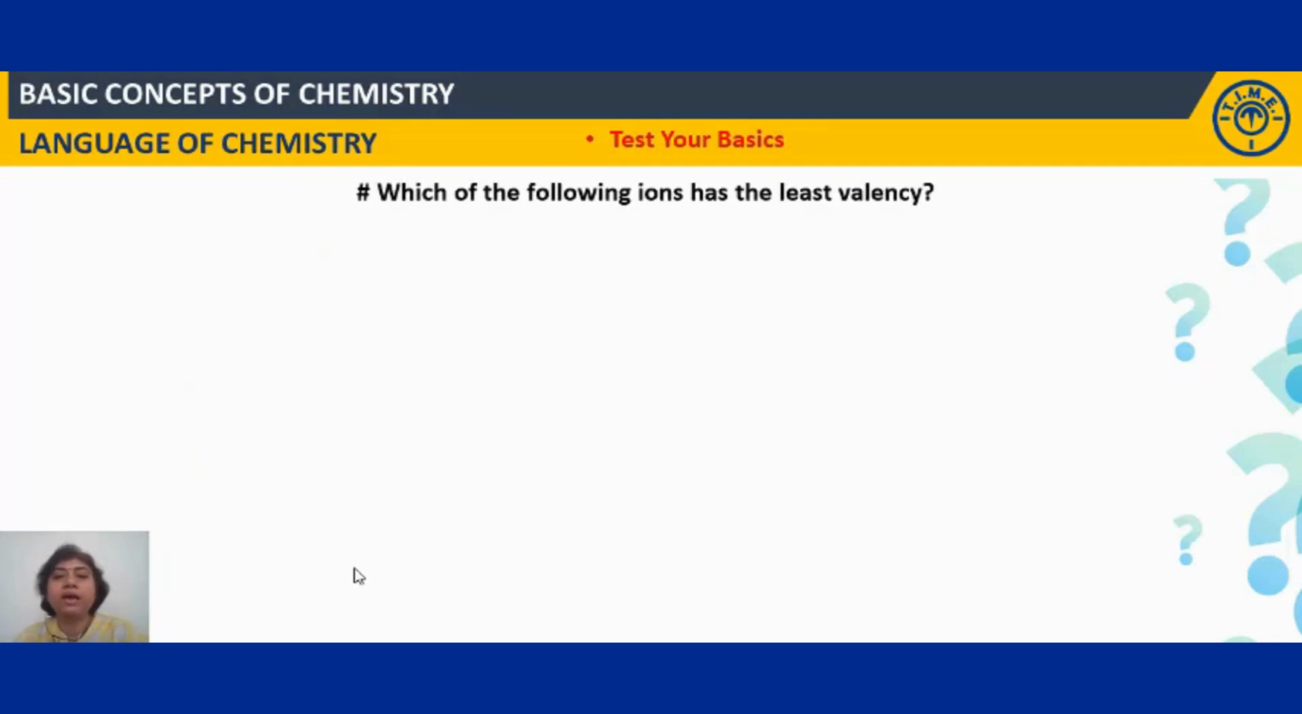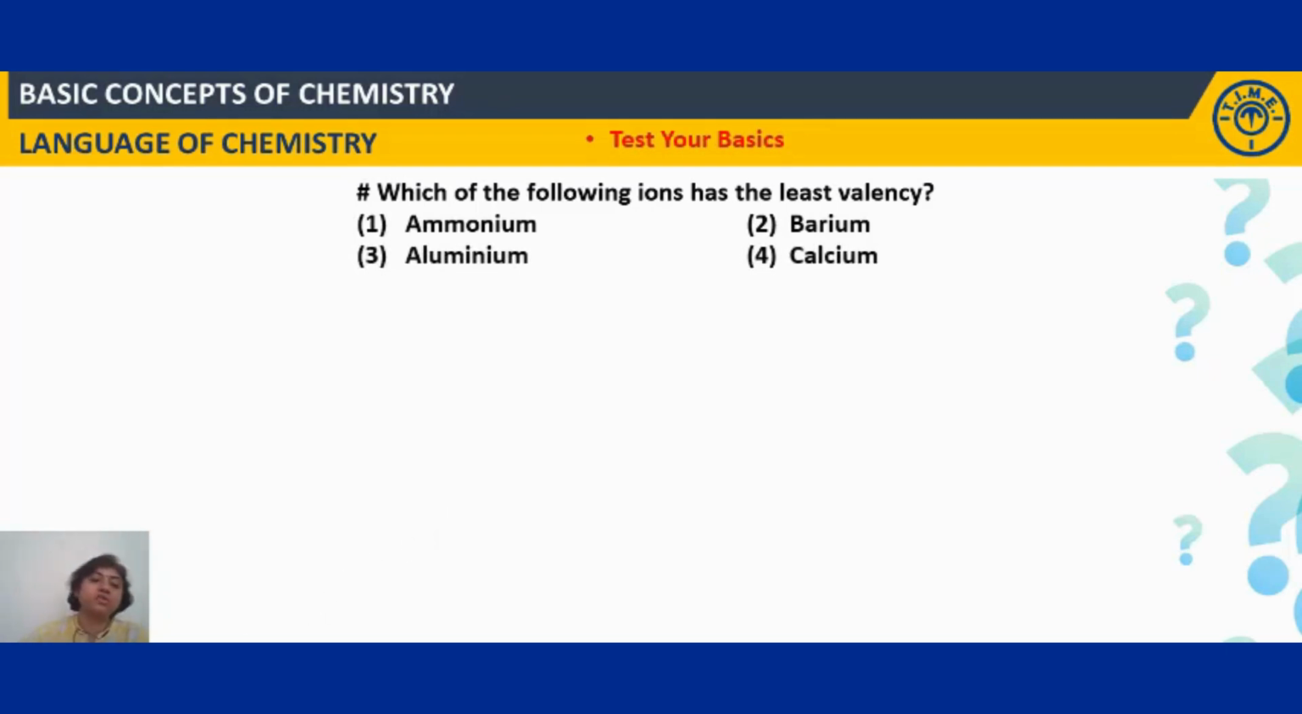Which of the following ions has the least valency? Now it is a multiple choice question, so we need to see the options. Ammonium, barium, aluminium, calcium. Now let us work out. We have already started in basics, so we first write the symbol of the elements. For ammonium, it is a positive radical. We have to write the formula along with the charges. See, ammonium,